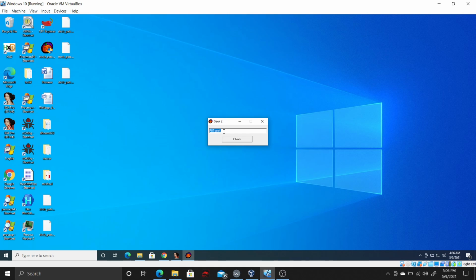My name is Lucas, so I have altered the input string so that this binary will accept Lucas as the right password. Just to show you, I have entered Lucas as the password, and if I check, it is showing right.